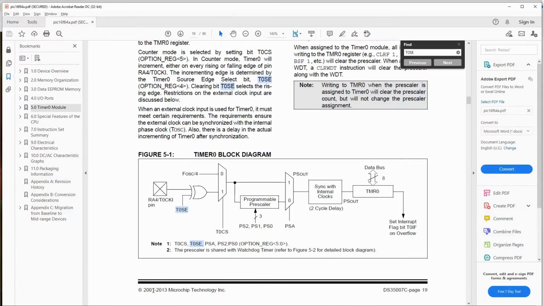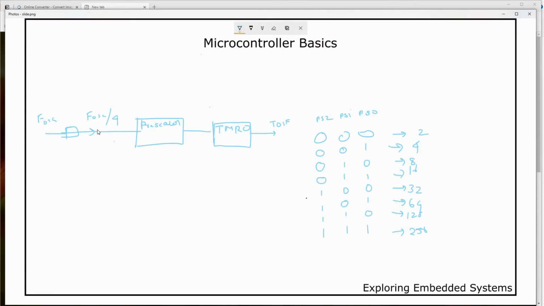So I've just quickly copied this block diagram here. Basically what the prescaler does is divide this clock, whose frequency is 16 megahertz and is already divided by 4. This is the instruction cycle which comes into the prescaler. If you set the prescaler to 2, every 2 pulses here you will get 1 pulse here.